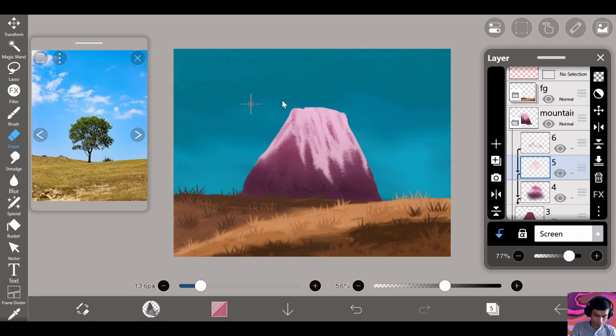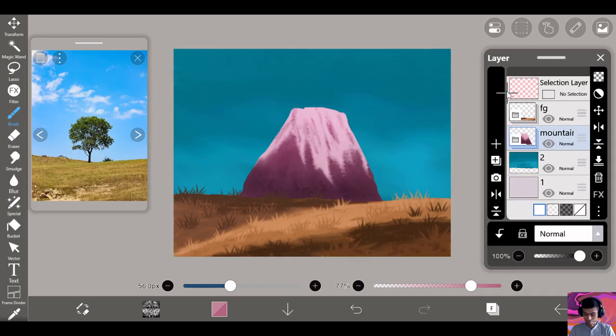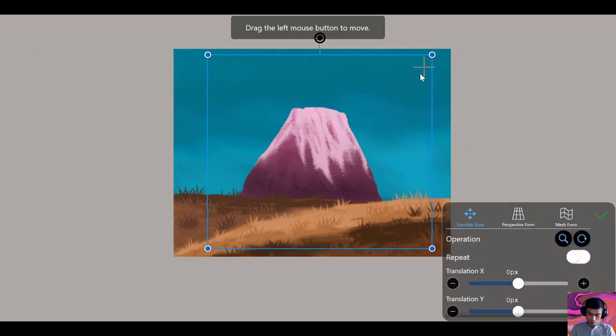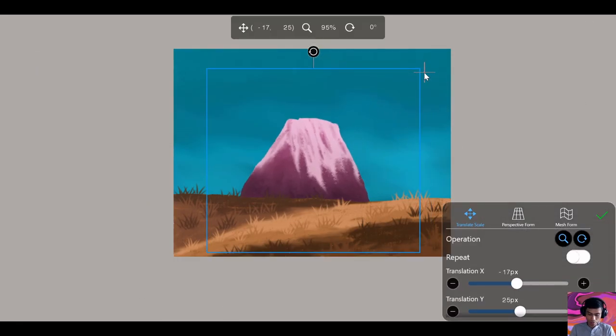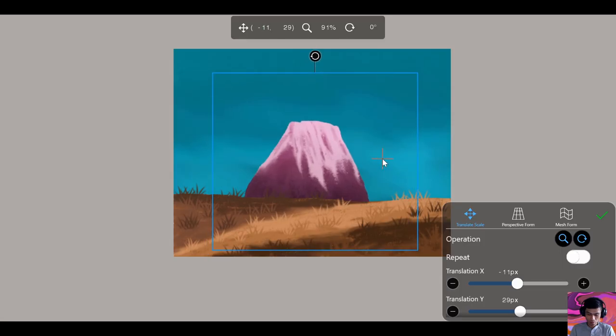Okay. And that is our mountain. So maybe, and then now I want to bring it up, make it smaller, bring it down,